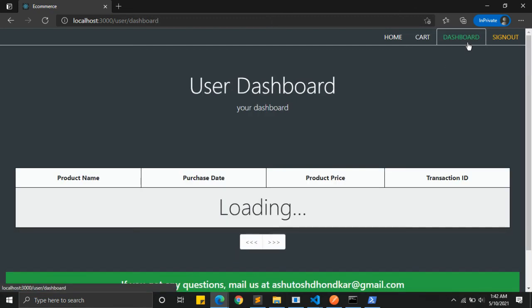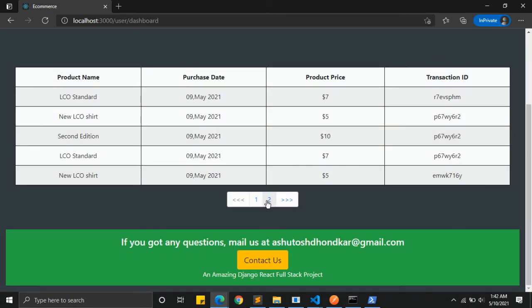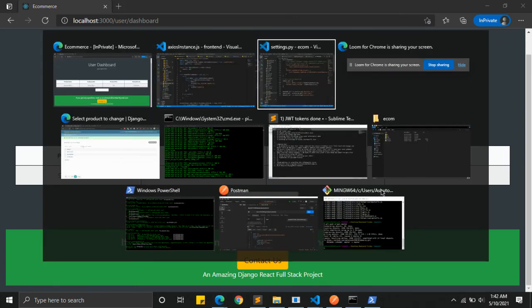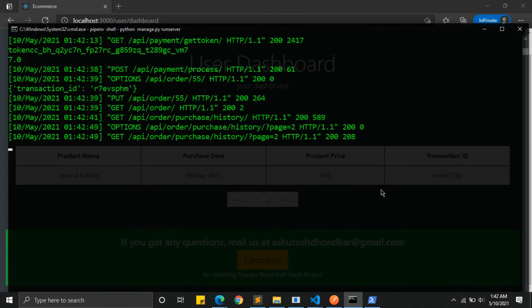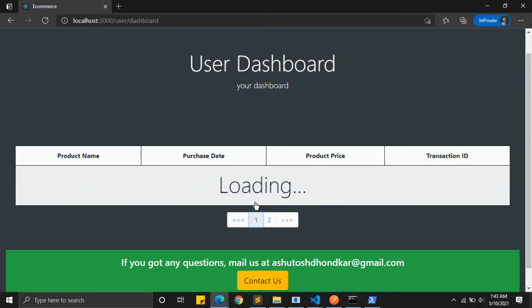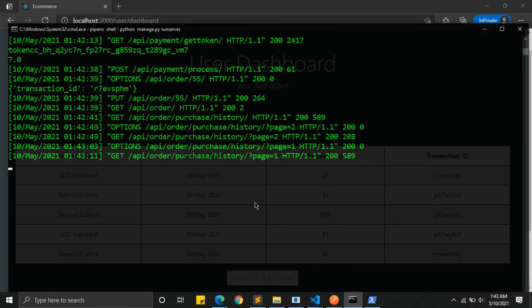And let's go to the dashboard again. And as you can see, the second page number is added. If I click on the right arrow, I'll be redirected to the second page, that is the pagination response. You can check the request that is being made, that is for page 2. And if I click on the numbers, then depending upon the page number selected, the valid data is returned. You can see over here that is page number 1.